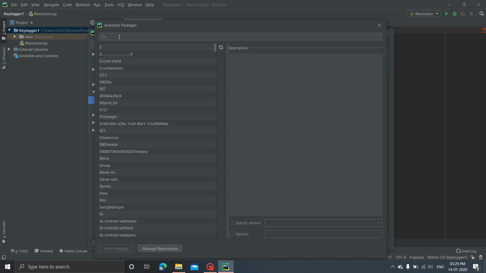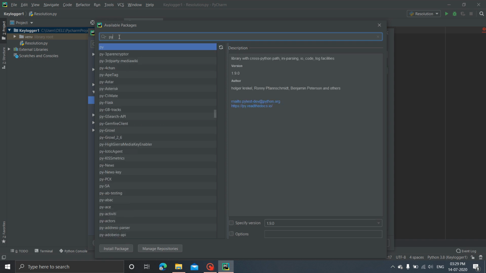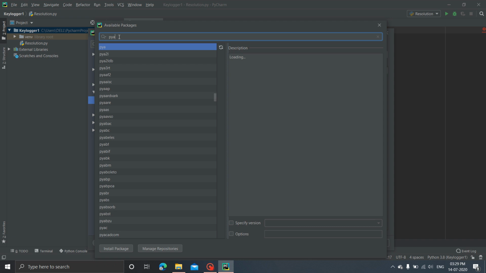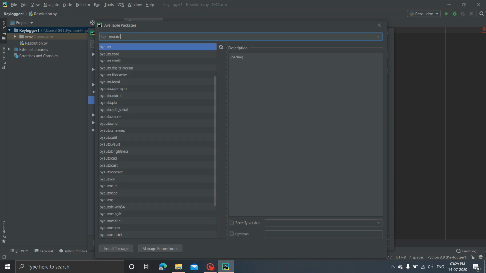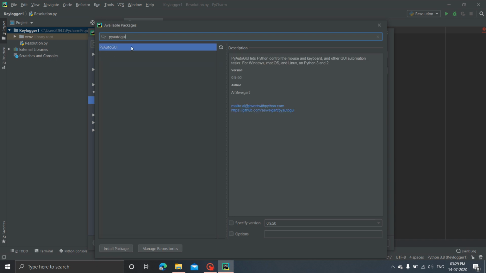Now here you see a search bar. Here we would type the name of the package that we want to install. So it's PyAutoGUI, and while you type the name, you see n number of options available related to the keywords that you type in. We would be specific to what we need, and then we would see PyAutoGUI here.